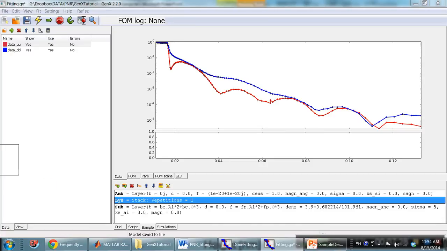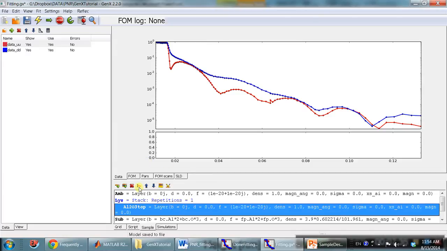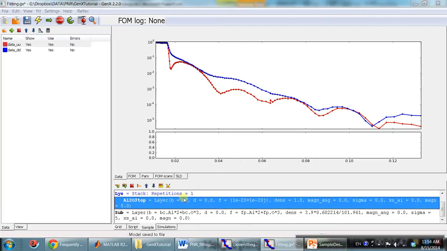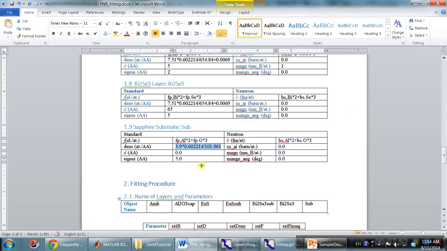So insert a new layer, Al2O3 top. We need to name it, and later if we want to change the name, we just click the force icon here. Then we can give a new name here. Okay, so we also need to edit this layer. For this top layer,